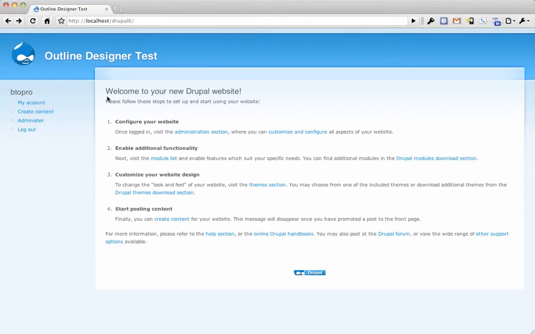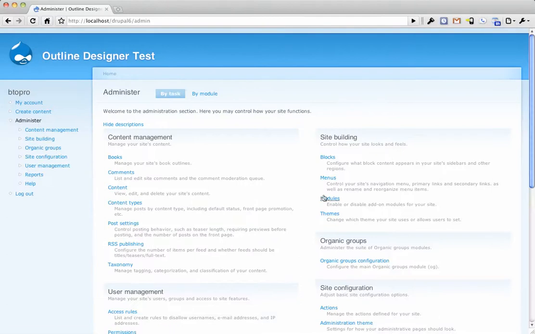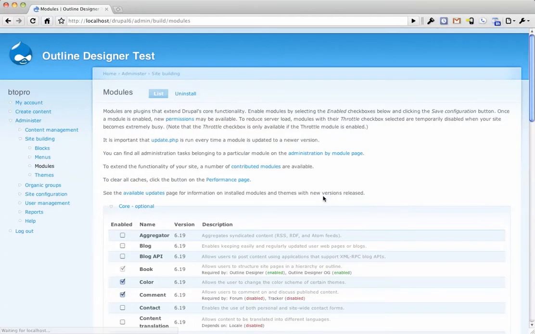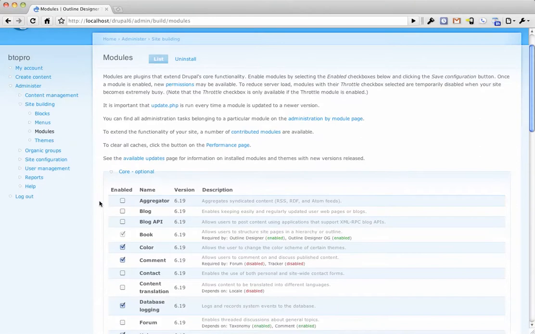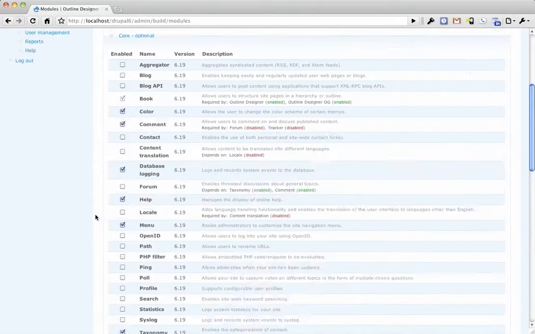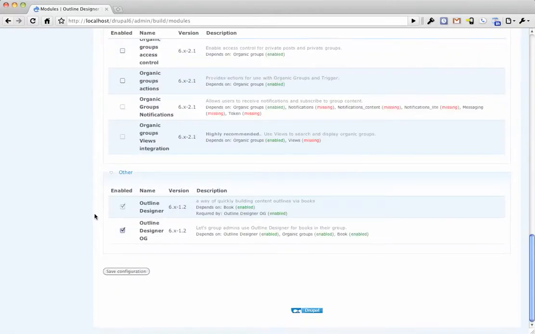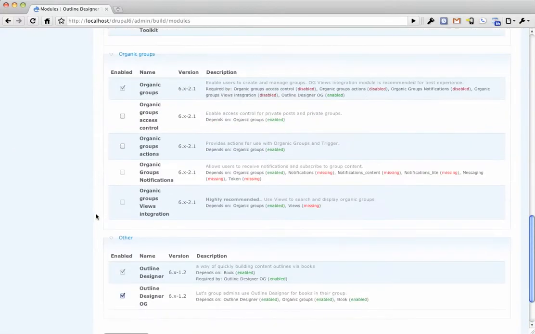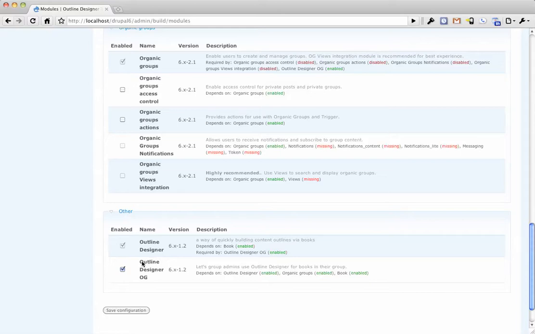This is a screencast of Outline Designer 1.2. So 1.2 went final just the other day. We had a minor security announcement. You can read the details of it at the project page if you care to view them, but it's a fairly minor security announcement. Organic Groups is now supported in 1.2, so you see there's an Outline Designer OG helper